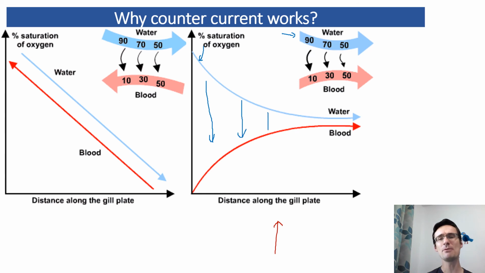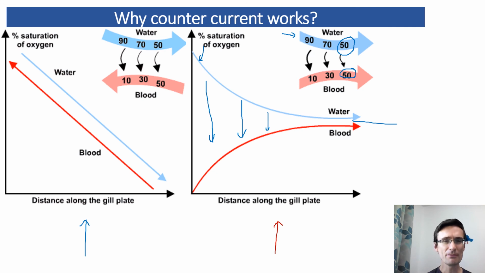But because they're traveling in the same direction as each other, at some point 50% of the oxygen is still in the water and 50% of it is in the blood. So you will never get more than this 50% efficiency in a parallel flow system, when the blood is flowing in the same direction as the water through the gills. Now, if you do it the opposite way, that changes, and using a countercurrent flow system it's much more